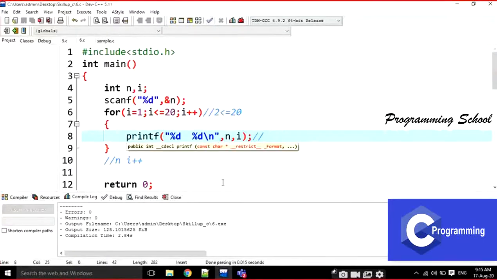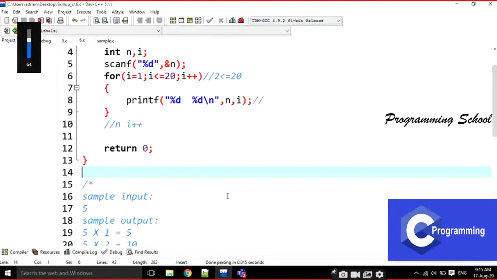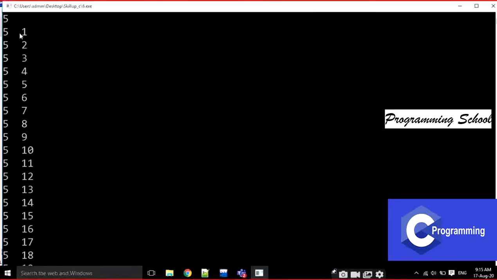Now I am going to display here, for example, 5. This is the n value and this is the I value. N into I. 5 into 1. The output is 5.